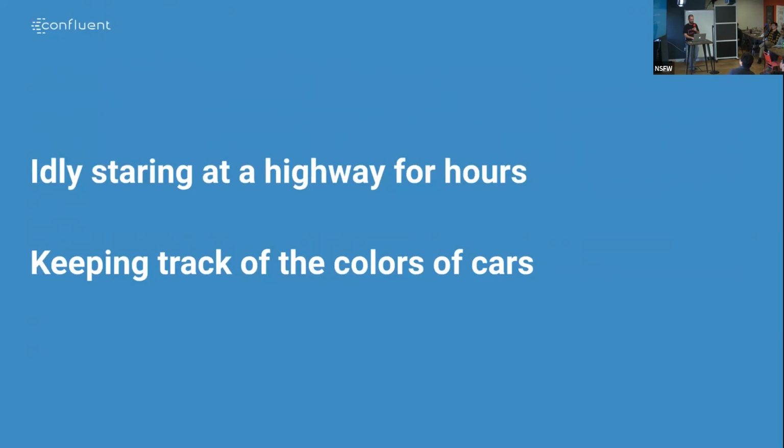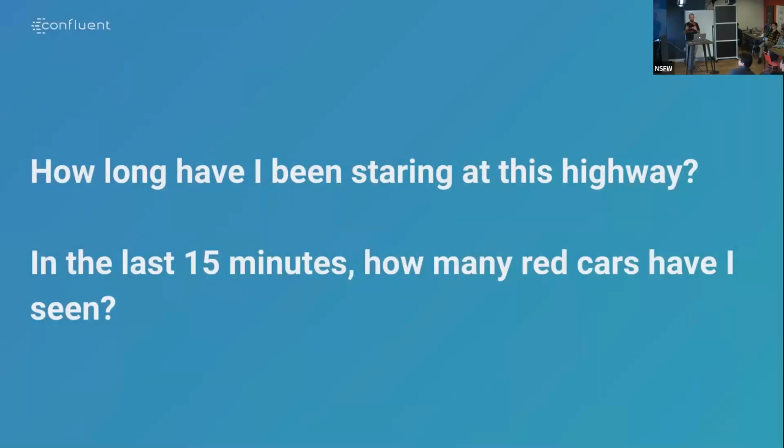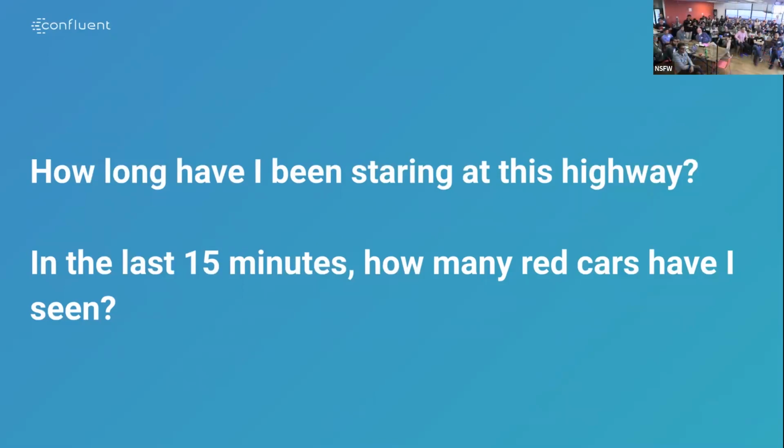I've actually seen, right? And you kind of have to ask two questions. First off, how long have I been staring at this highway? And in the last 15 minutes, how many red cars have I seen, right? I'm able to start getting insights out of just the stuff that I was kind of looking at. But when I put time to it, if I know what time this happened, say it was 15 minutes ago I saw this red car, and 5 minutes ago I saw this red car, it's a different red car, and I know that. And then in the last 15 minutes, I need to see an aggregate tabular list of those kinds of things,